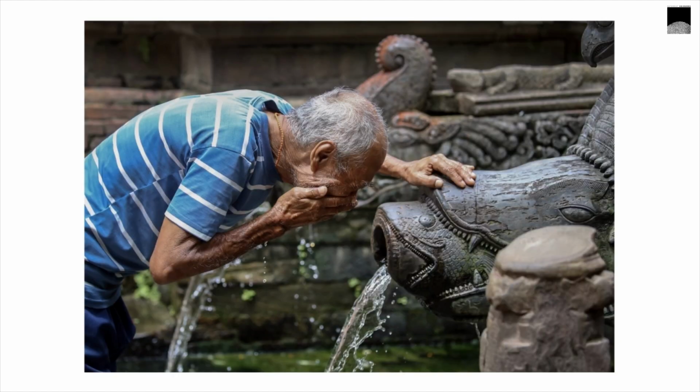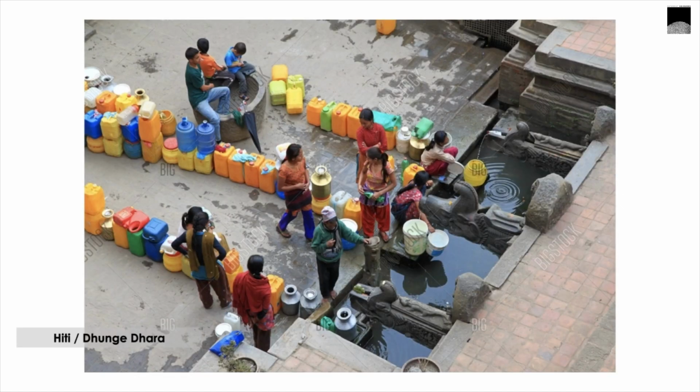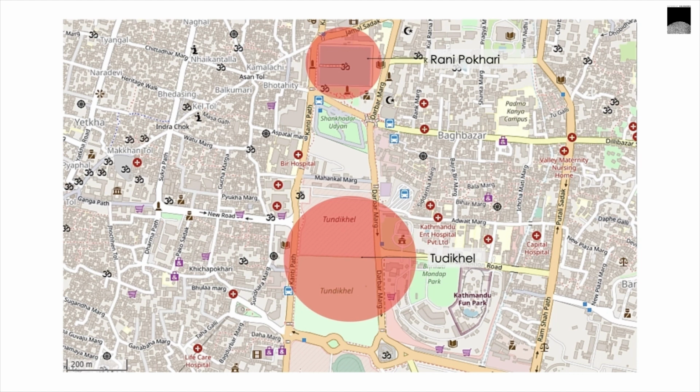Stone spouts are common sights in Kathmandu Valley. Many Nepalese still rely on the traditional hittis for daily water supply. Since 500 years ago, these have been a prominent landscape feature that reflect water features and also mark as fundamental water supply system. Rani Pokhari is connected to the open field Tudikhel by a linear plan.